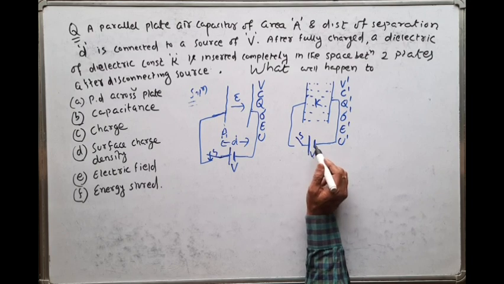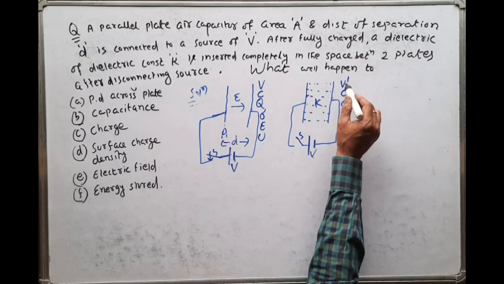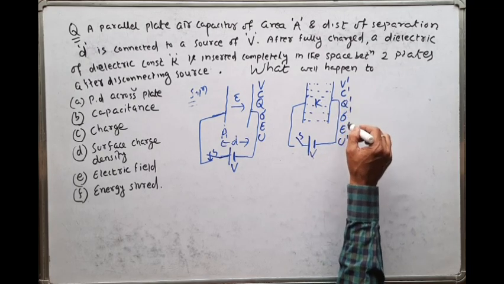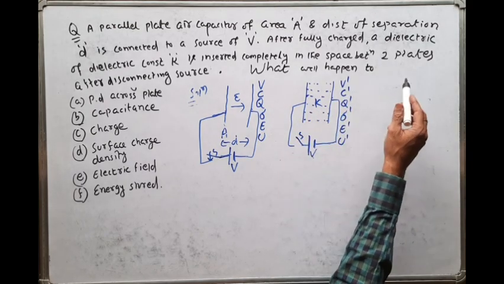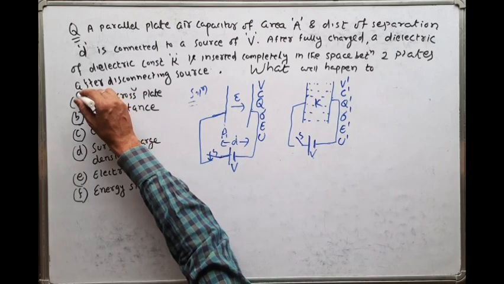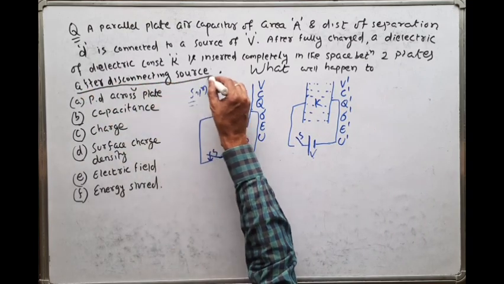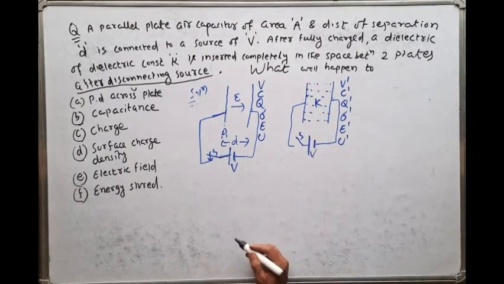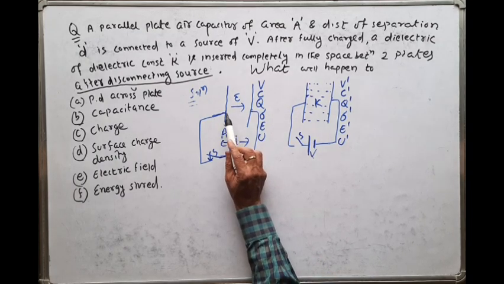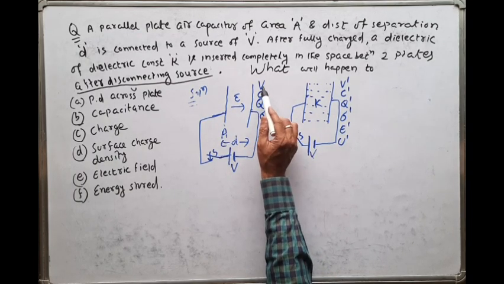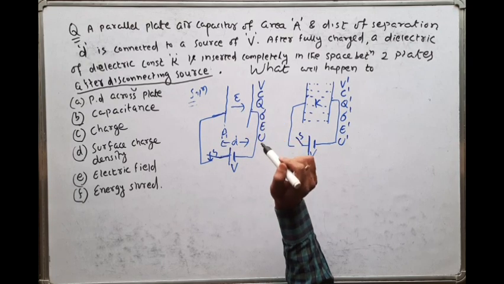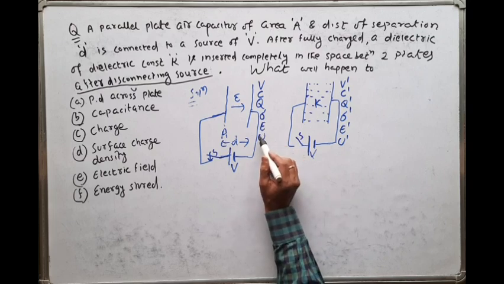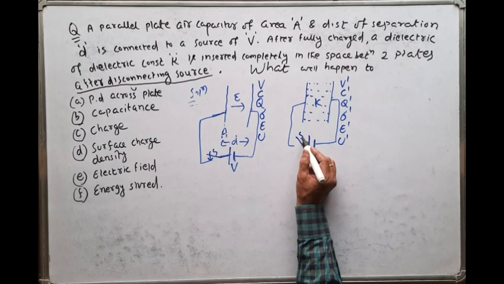If there is no voltage source, what will happen to the potential difference, capacitance, these six parameters? How will they change? This is the question. So the only difference between the previous problem and this problem is that here, after disconnecting the source, a dielectric is introduced. First, since the capacitor is already fully charged with Q, the potential difference across the capacitor is V, capacitance is C, sigma is the surface charge density, E is the electric field intensity, and the initial energy stored is U. Now disconnect the switch.